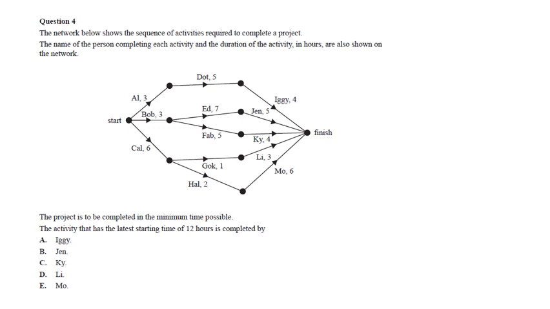Now it looks like we have to do the big performance of a critical path, because it's saying we've got a minimum time to complete this project, and we want to know the activity that has the LST of 12. Now remember, when you're doing LST, that's when you got your boxes, and I normally do the forward pass in a red number, and that's when you go have the max plus, and you're going that way. And then you normally do a backward pass, and you fill out the other box, and that's your minimum, and